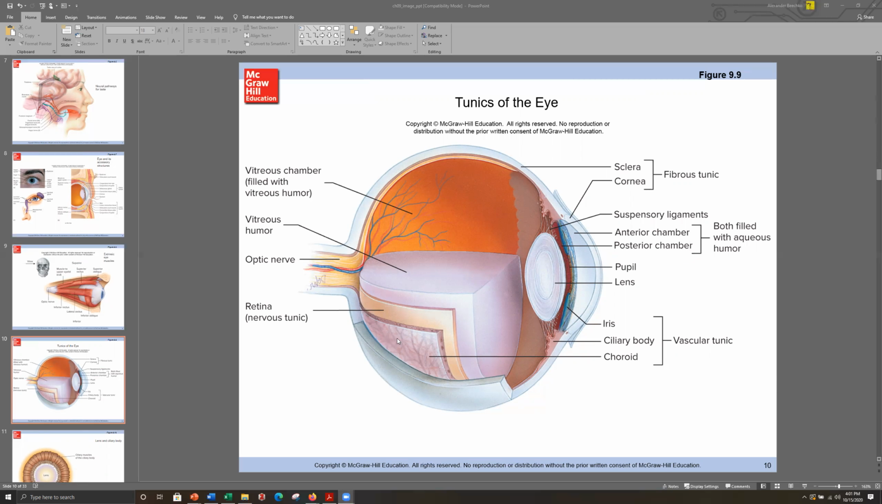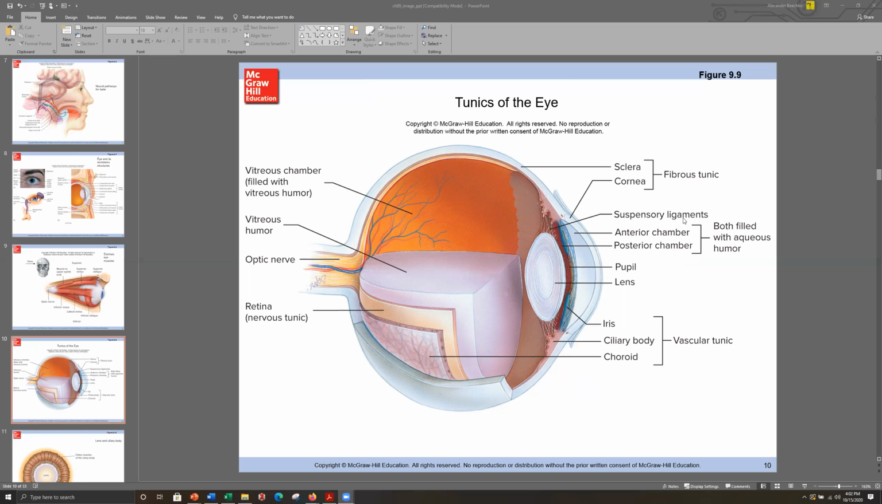The vascular tunic, which sits superficial to that, consists of the iris, the ciliary body, which we'll get to in a minute, and then the choroid plexus. Choroid plexus carries a lot of the vasculature that helps nourish the eye and supply it with blood flow. The ciliary bodies here are going to be used to change the shape of the lens. And so that'll change how light enters the eye and how it can be focused onto the retina for visual